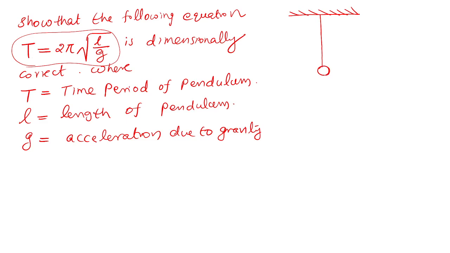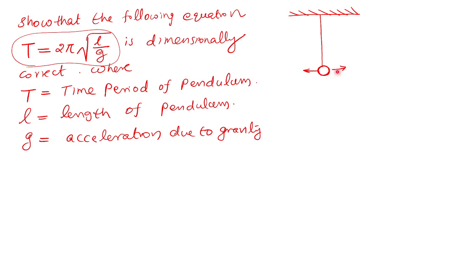At the bottom there is a small knob. Initially, if I provide a small displacement, what happens? It will oscillate like this. To and fro motion is said to be oscillation. You have seen that the pendulum will be moving like this, to and fro,